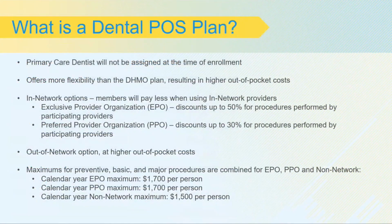What is a dental point of service plan? A point of service plan is very similar to the PPO medical plan in that you don't have a primary care dentist. The difference is you have two networks to choose from rather than just one in-network option. You have an exclusive provider organization or an EPO, and those dentists have already agreed with the insurance company, which is called the principal, to discounts up to 50% versus you just walking in off the street. So if at all possible, try to use the EPO dentist. The PPO dentists have agreed to discounts up to 30% versus just walking in off the street, which is also a very good